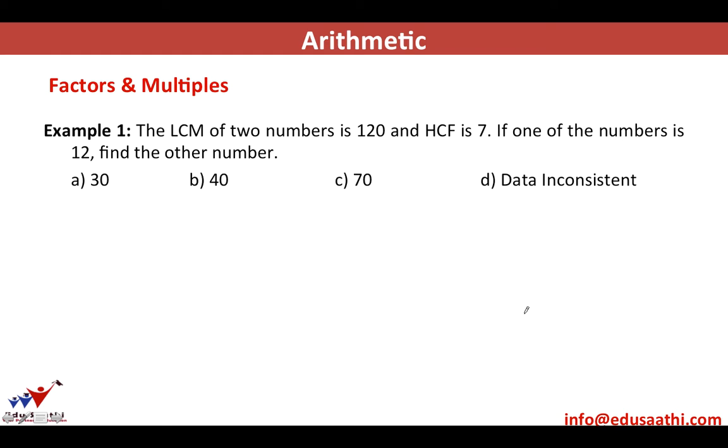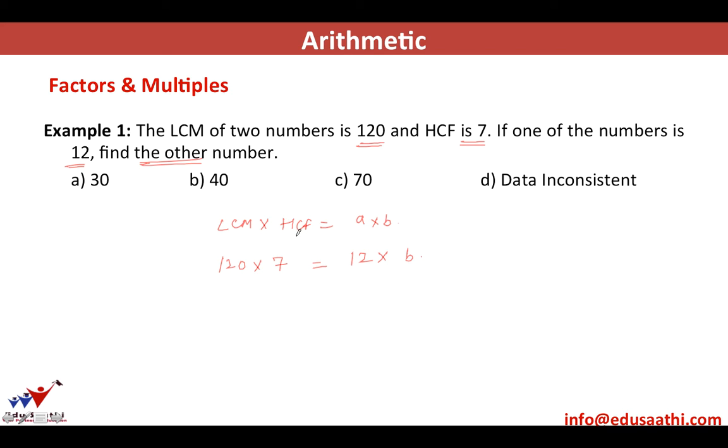Let's look at certain questions related to factors and multiples. The LCM of two numbers is 120 and their HCF is 7. If one of the numbers is 12, find the other number. If you remember the result, LCM into HCF is equal to the product of the two numbers. LCM is given as 120, HCF is given as 7, and one number is given as 12, and you have to find the other number. So you can probably cancel things and find the other number. However,